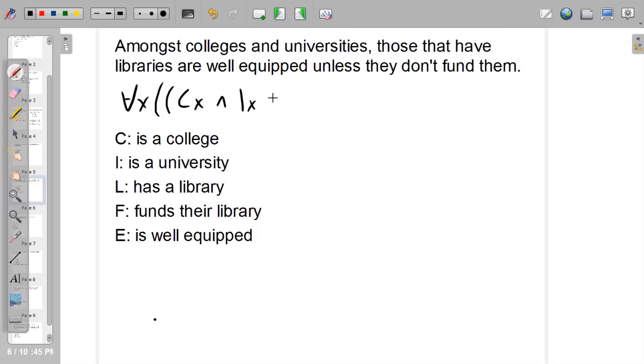Somebody should tell OCAD that you can't be both a college and a university. Sorry, I don't want to punch down at OCAD, but